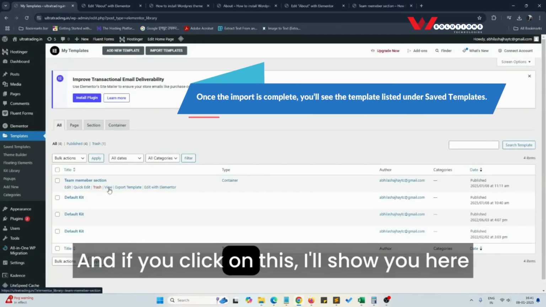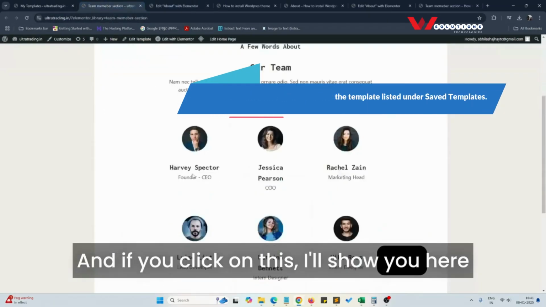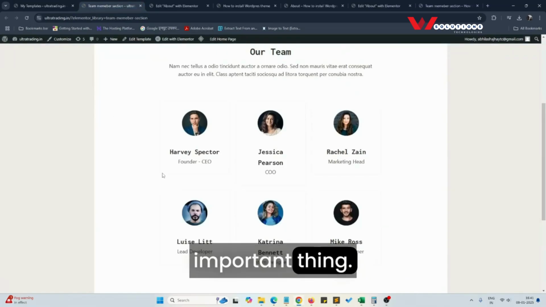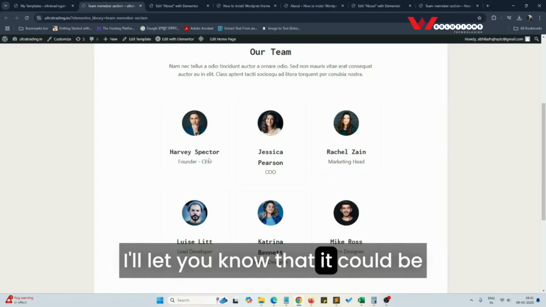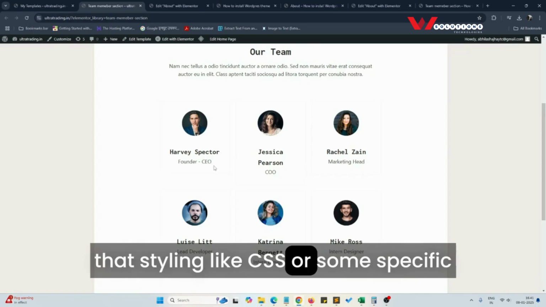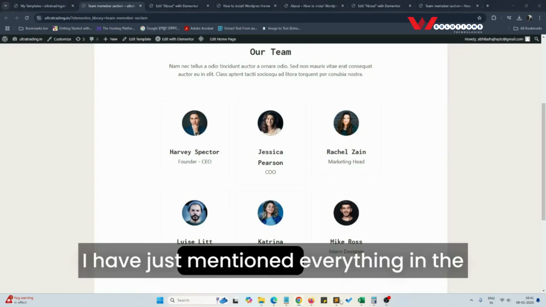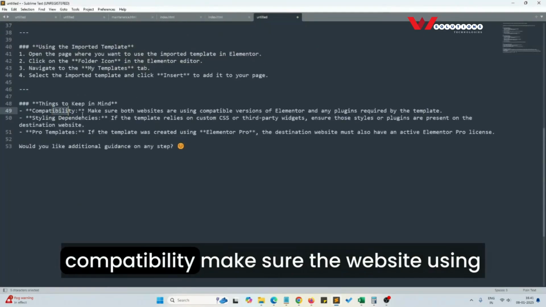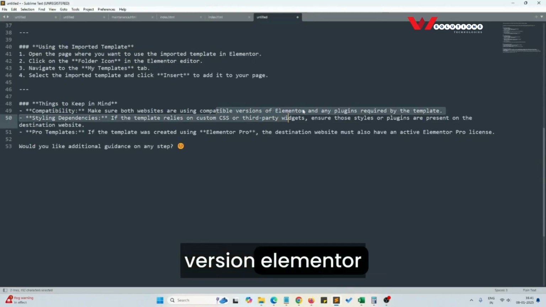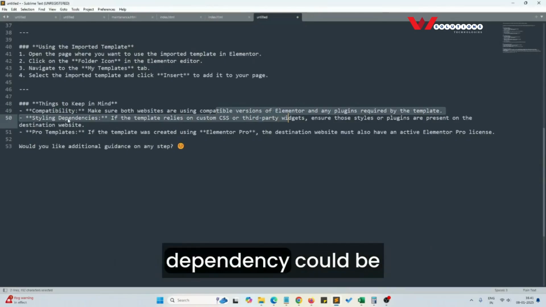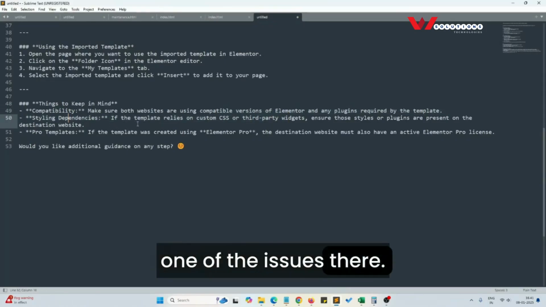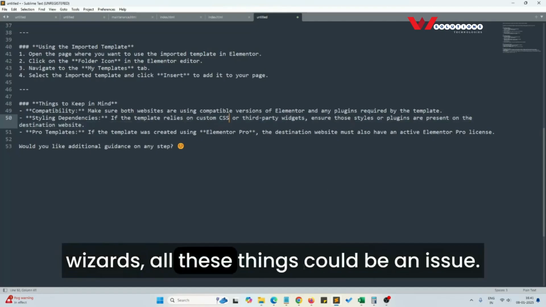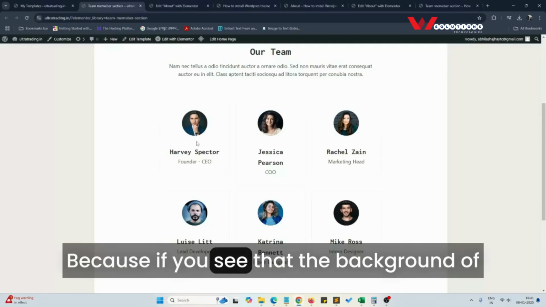And if you click on this, I'll show you. Here is the template is there, and some important thing I'll let you know, that it could be that styling like CSS or some specific function. I have just mentioned everything in the bottom also, that things to keep in mind: the compatibility, make sure the website using version, Elementor version should be same. Styling dependency could be one of the issues there. So the CSS or third party widgets, all these things could be an issue,